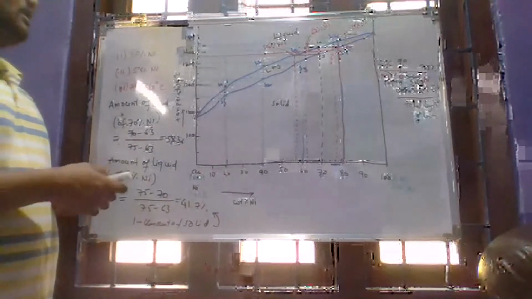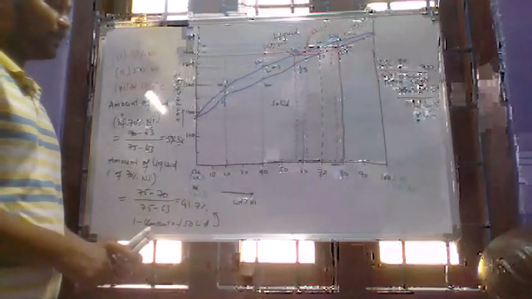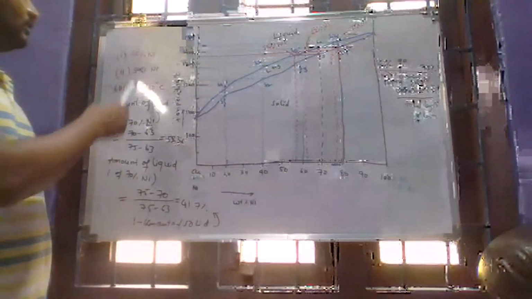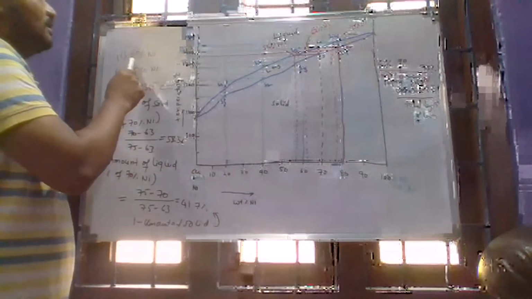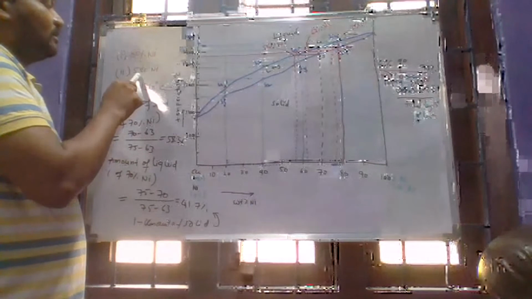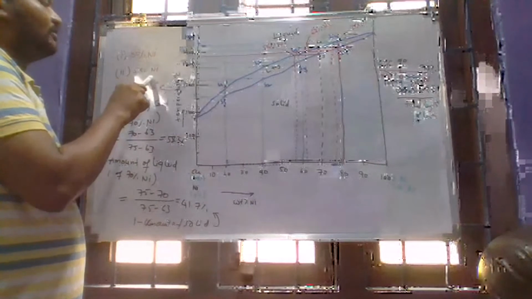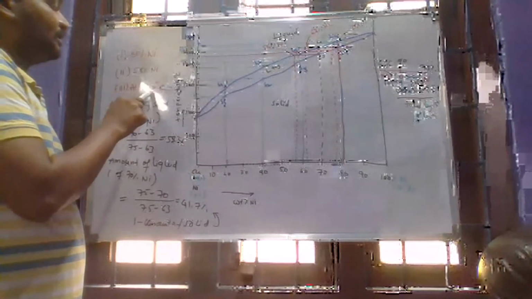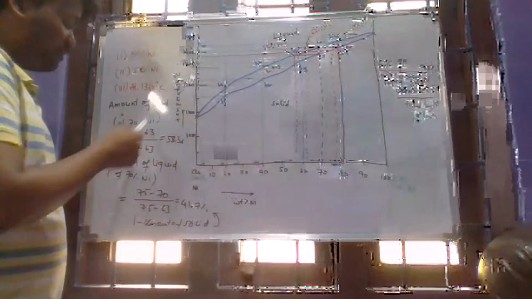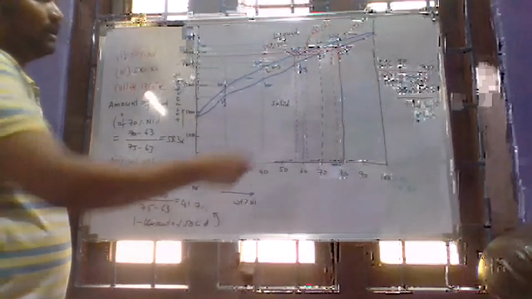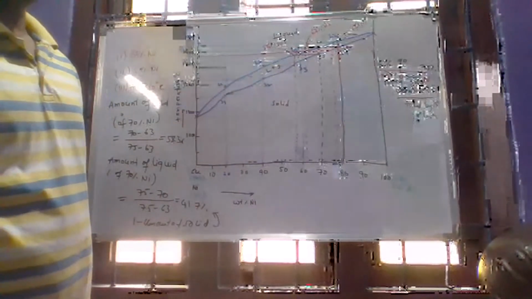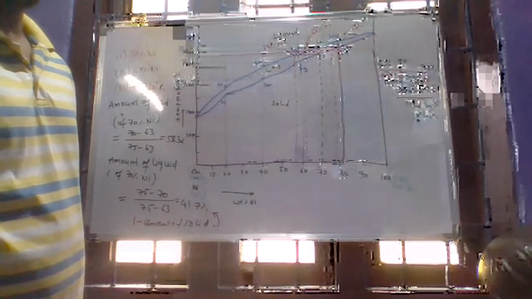So this is about the calculations. If a percentage composition is given, then we need to find the compositions where the first solid freezes from the liquid, and the last liquid which solidifies at the end. And at one particular temperature, 1360 degrees centigrade, at that composition of 70% nickel, we find the amount of solid and liquid by applying the lever rule. So like this, we have to solve the given problems. Thank you very much.